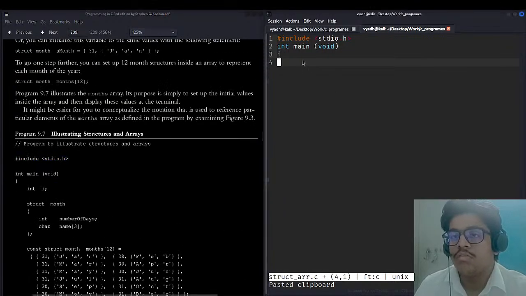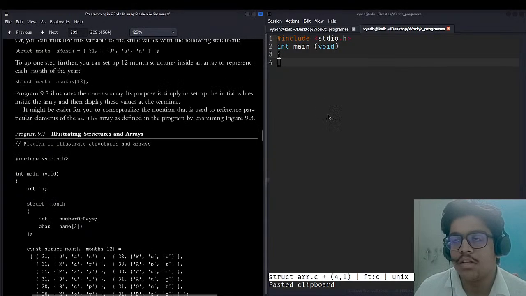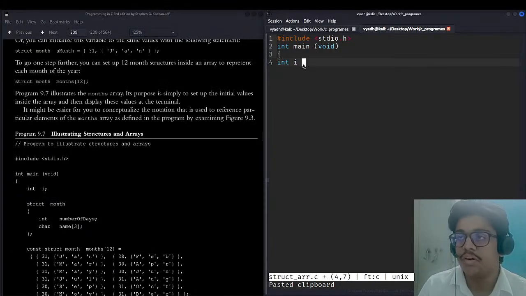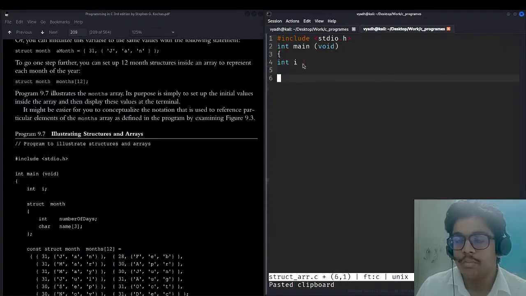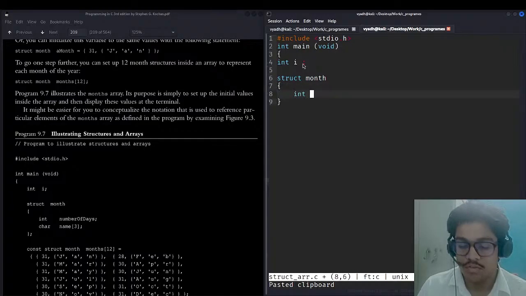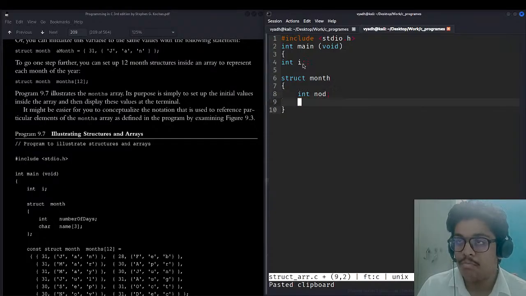Okay, so now for the looping, I think looping we have done. Yes, we are doing looping inside this. So we will be defining a variable int i for the looping. And now what we'll be doing, we will be defining a structure, struct keyword. We are working on month, so let's define month. Start this function. So int number of days, so you can do like NOD, number of days, and character will be as the name